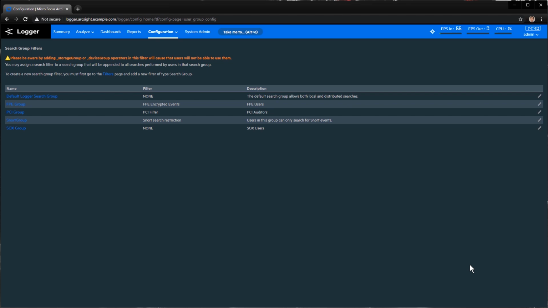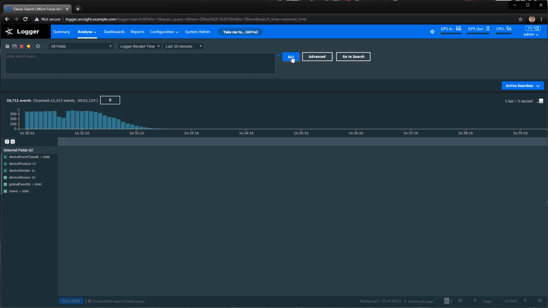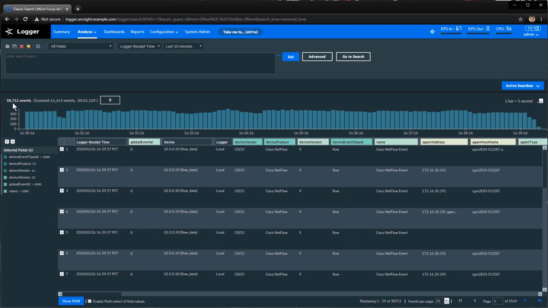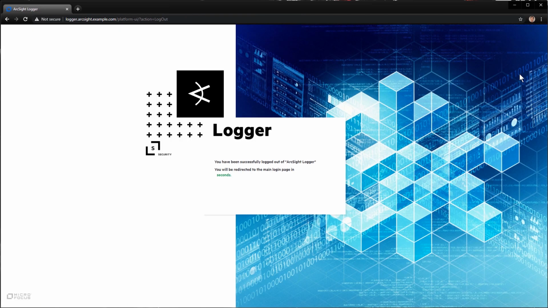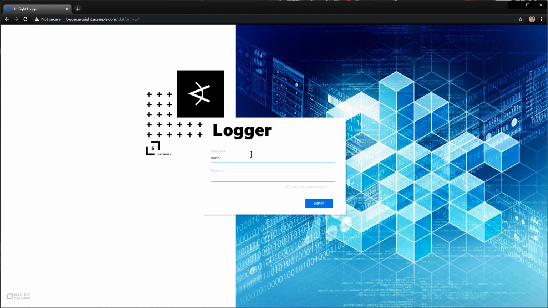Now that I've saved it, to prove that we're actually instantiating this transparent filter, as user admin, I'll run a very quick search on the last 10 minutes. Hit go. And you'll see that we've received around 37, 38, 39,000 events in the last 10 minutes. So now I'll log out and log back in as the auditor user who has that PCI filter applied to it by default, even though it's exactly the same